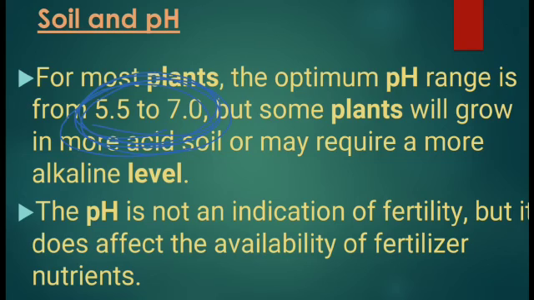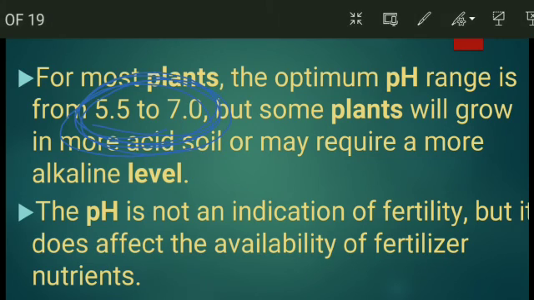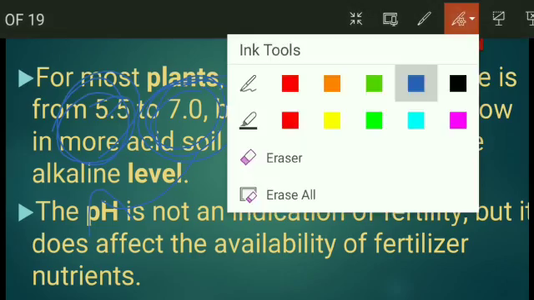So by knowing the pH value, we can help. Why should we learn it now, you know, right? Suppose you know the pH of the soil. If it is more acidic, we will add bases to neutralize it. Suppose it is more basic, we will add acidic substances. If the acidic nature is more, we add a base, and if the basic nature is more, we add an acid. Understood? This is about our pH value.